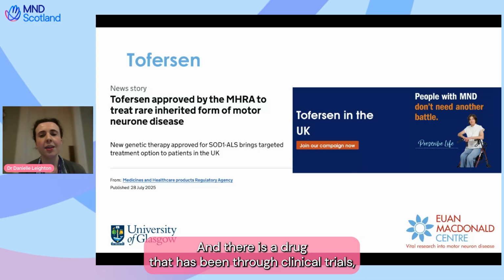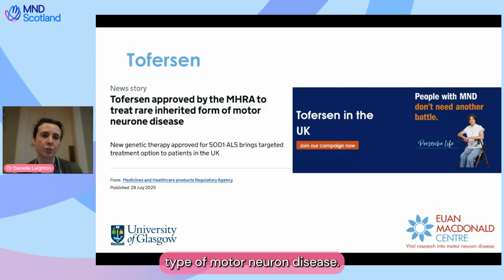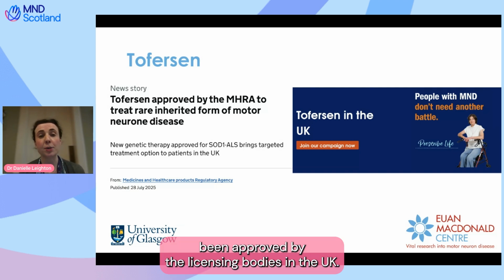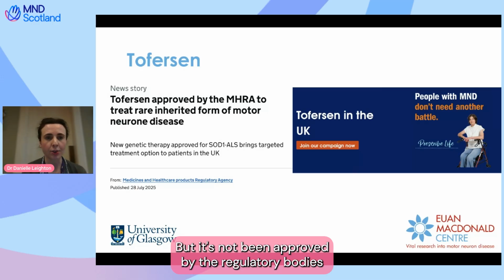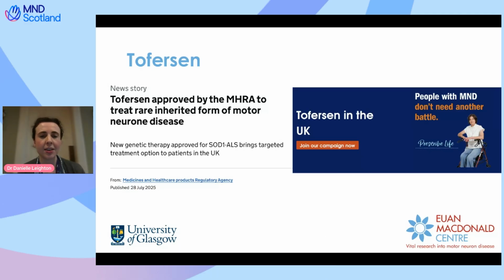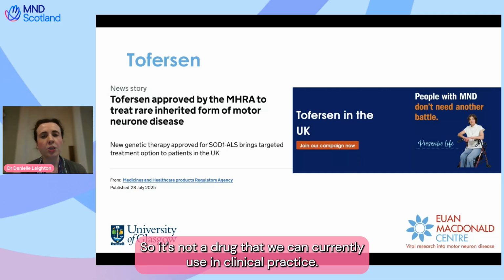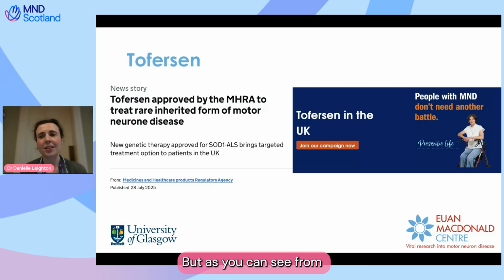There is a drug that has been through clinical trials that has shown some benefit for people with SOD1 type of motor neuron disease. This drug has been approved by the regulatory and licensing bodies in the UK, sorry, it's not been approved by the regulatory bodies for clinical use in Scotland or in England yet. But those application processes are in progress. So it's not a drug that we can currently use in clinical practice,